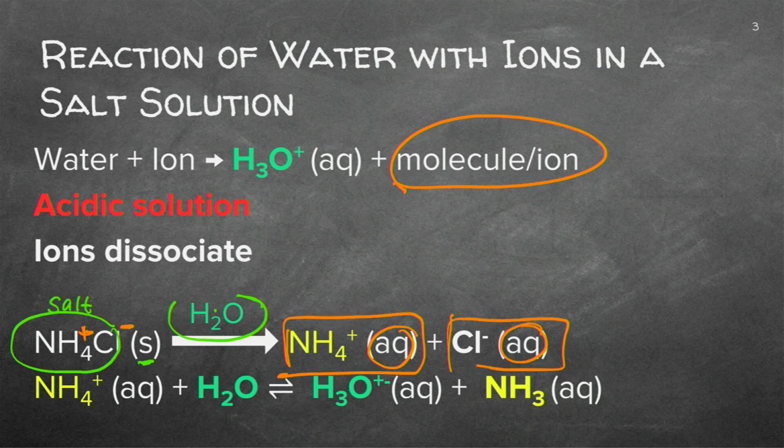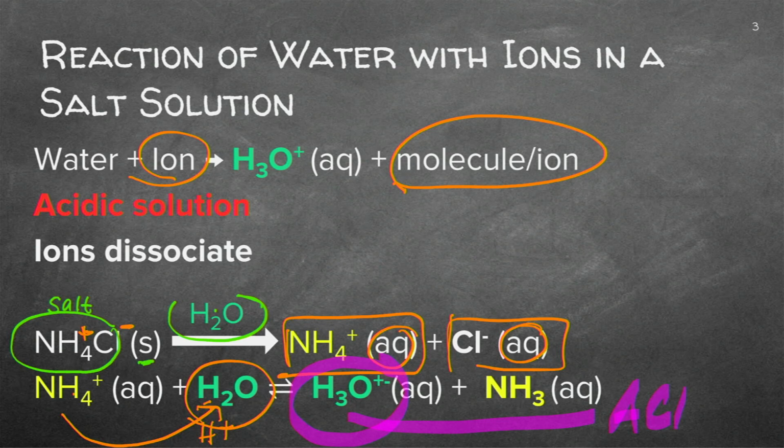Now I take these ions, have a look at that, and I'm going to throw more water into it. And can you see that water will now take that specific NH4 and the hydrogen will be donated there. Can you see what's going to form in excess? You now have H3O plus. And what does that mean? It means it's an acid. So important, if the ion that's provided is a hydronium, in other words, you've got more hydroniums than anything else, you know I'm working in an acid.